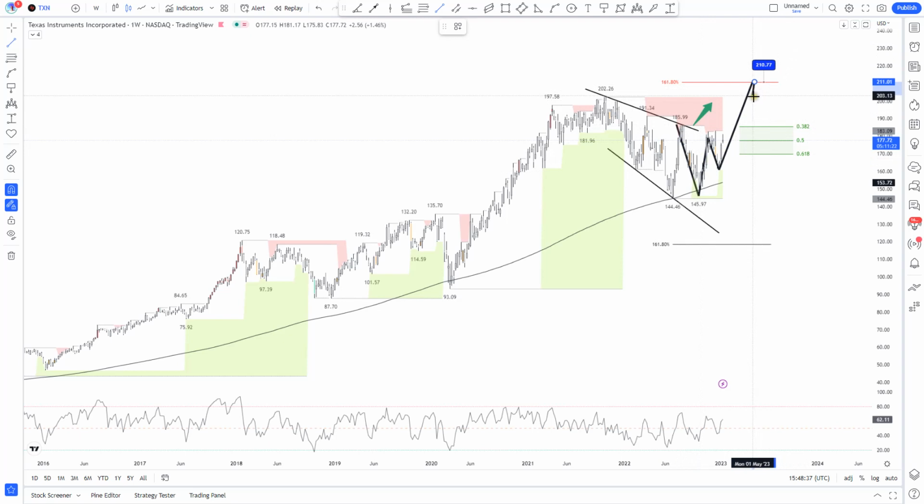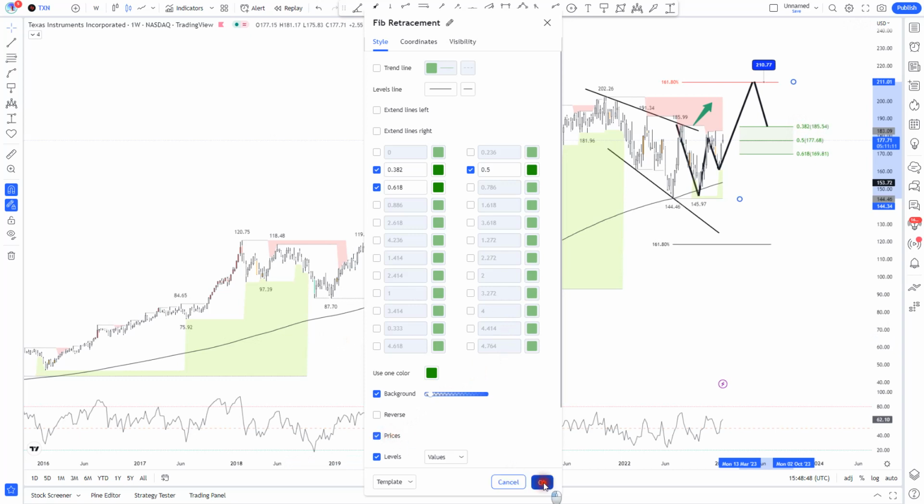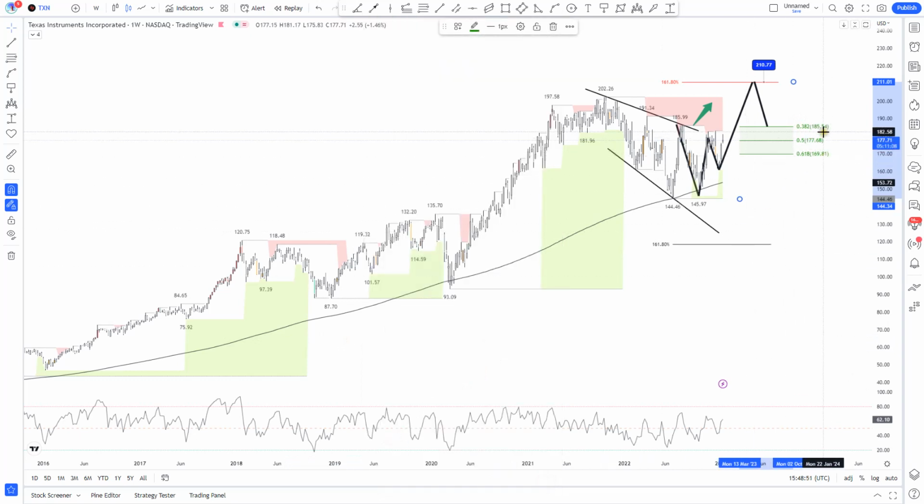I'm searching for opportunities to go long, so I will wait for the pullback to the 38% Fib, and then I will work inside this range between these three Fibonacci levels to create positions to the upside, between 185.54 and 170. So this will be the range to search for opportunities to the upside, and that may converge with a visit to the 200 moving average, which will approach from below for sure if the market trades to the upside, forms a pattern, and then starts to pull back.